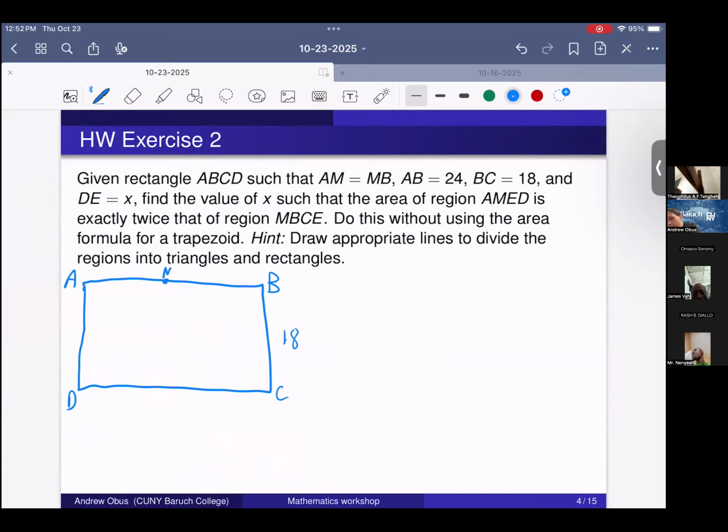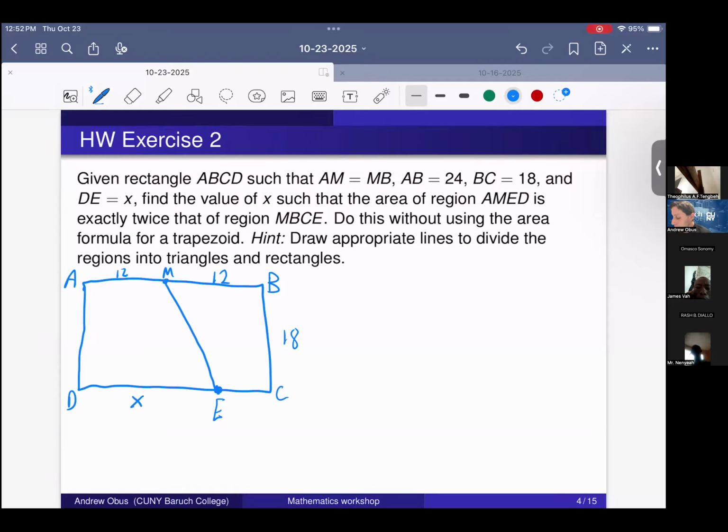We have a point M here. This is 12. This is 12. Okay, and then I'm going to draw this line here from M to E, and then DE is going to be equal to